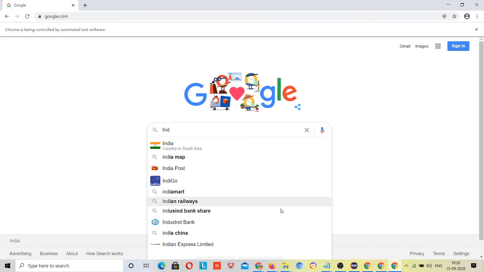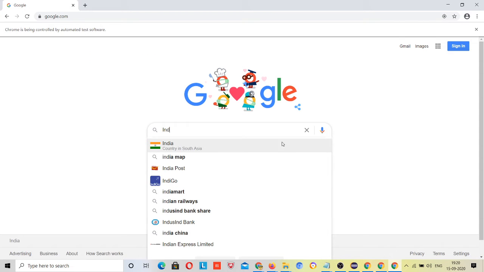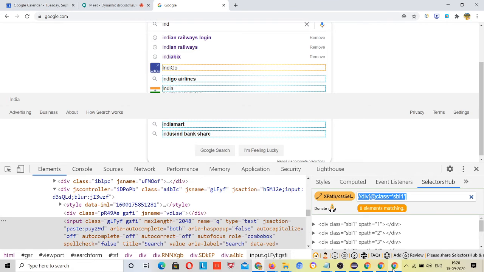This is the second way if your arrow down is not supported, right? So let's see which one comes first: India map, India Post, Indigo, right?